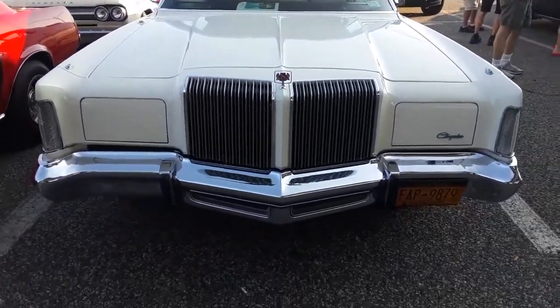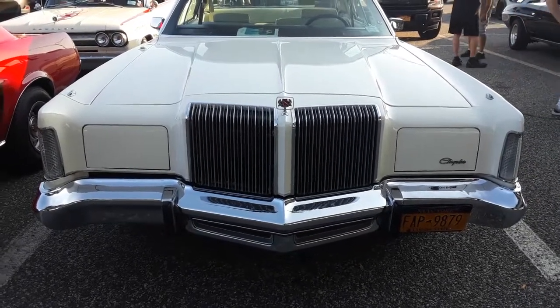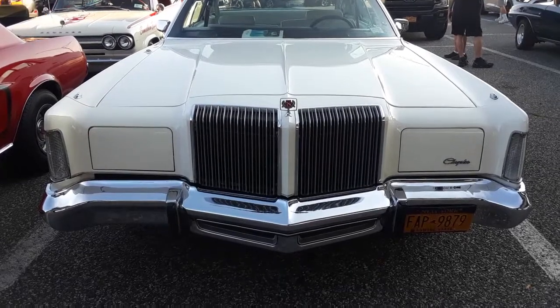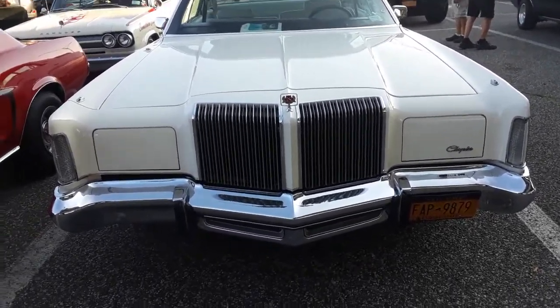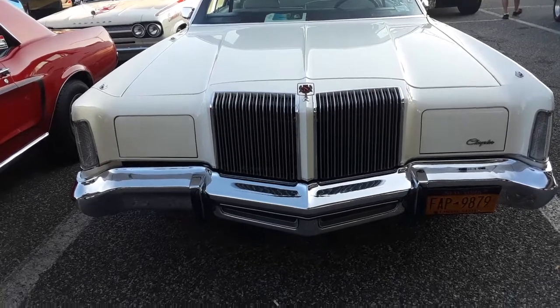I made a video about the Chrysler Newport. The Chrysler Newport was a little brother to this one right here. This is the Chrysler New Yorker. Look at that face, man. The face is beautiful. Like I said, this car right here with this specific design, it was initially released as the 1974 Imperial, the Imperial LeBaron, because